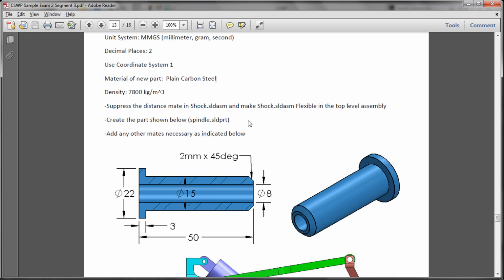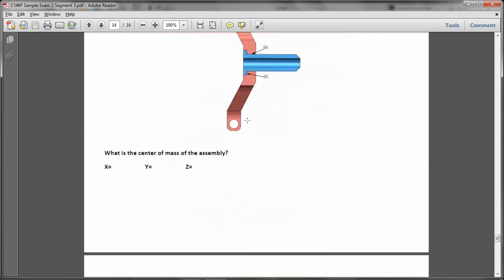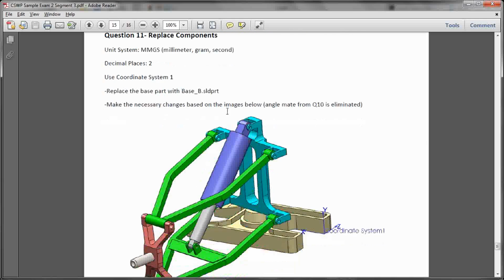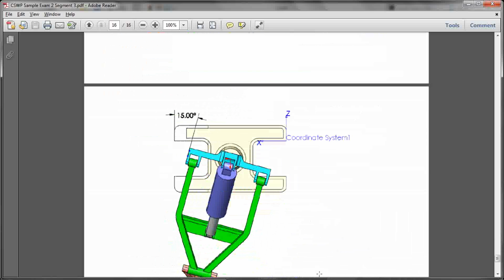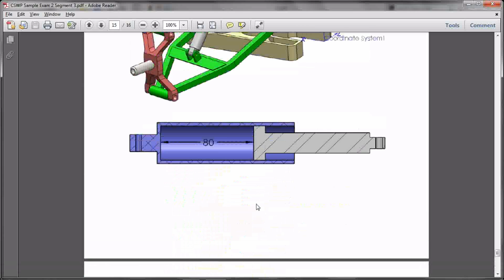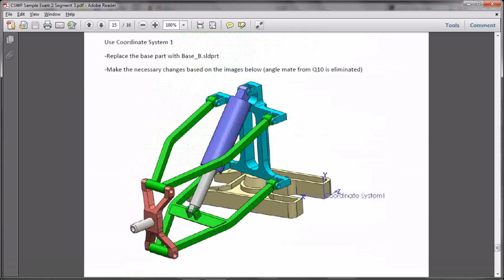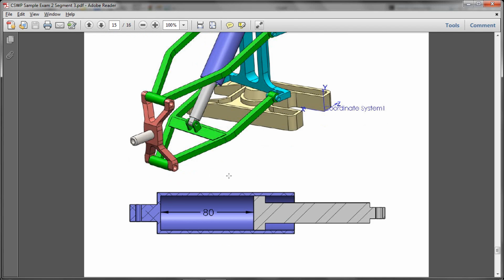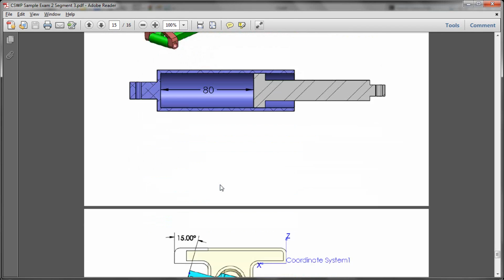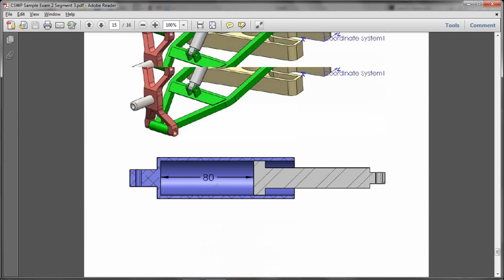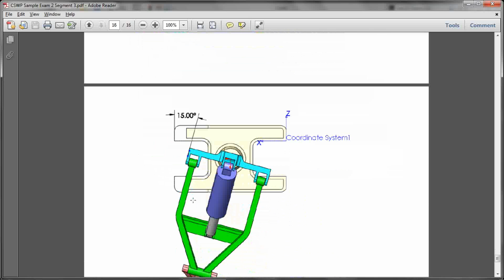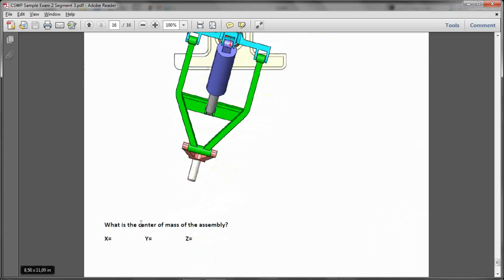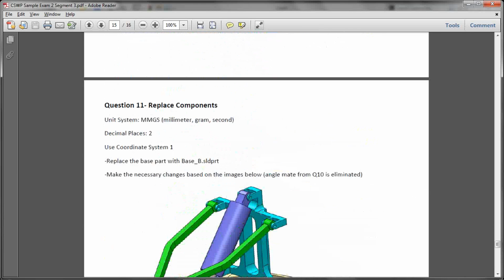So let's move on to our last question, and we have more changes here. You can see that we have to replace the base. We have to change this distance mate, delete some mates, and place an angle mate, and of course find the center of mass of the assembly.